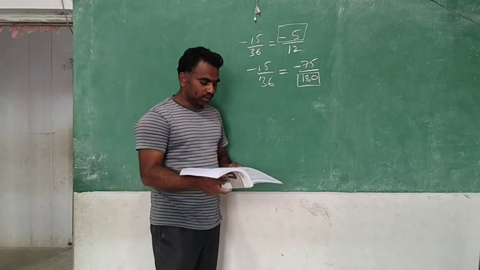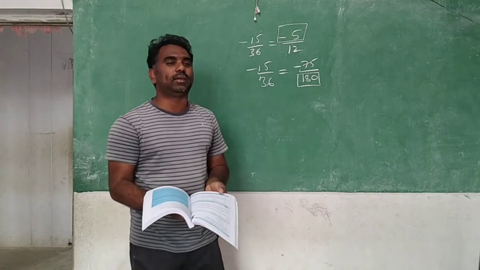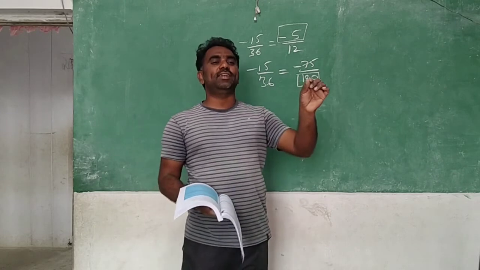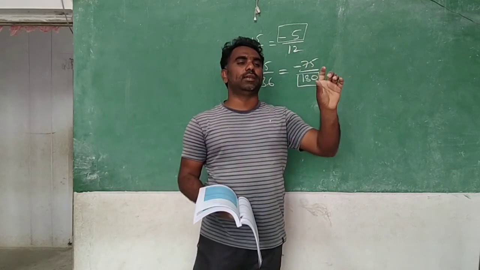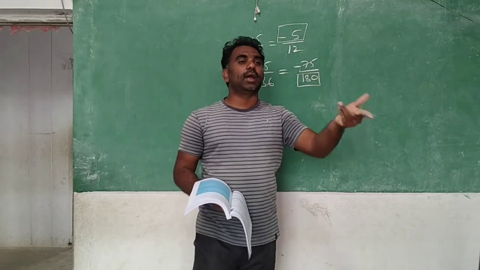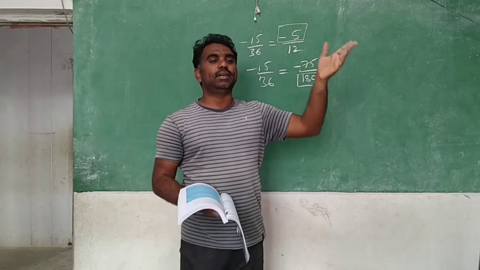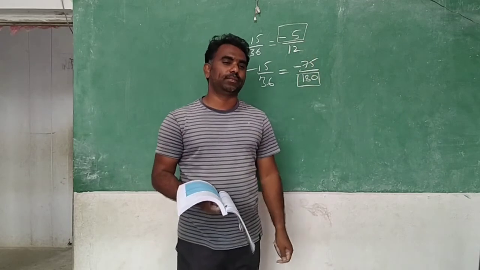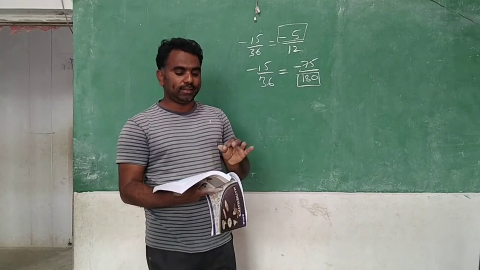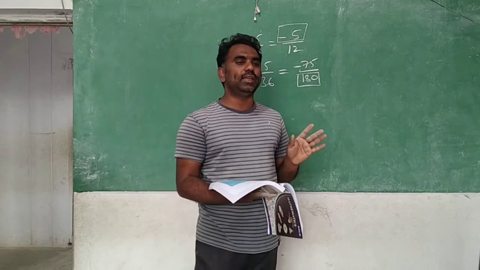Next, third question. Mark the following rational numbers on the number line. This you have already got. Proper fractions lie between 0 and 1. Negative means between 0 and minus 1. If an improper fraction is there, convert it to mixed, then after that you show it on the number line. And the same like that for the third bit. Here you can understand, you can read it and you can write it. Okay, can you do this?